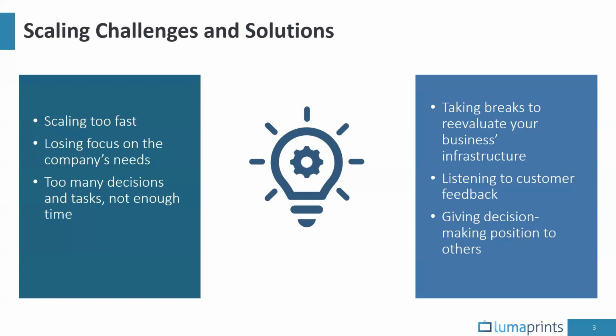At which point, whether it's someone you trust or hiring talent that you can integrate into your team, or if you already have a team, start giving those decisions and tasks to them, and it's going to, in the long run, help you tremendously. Because if you're not giving responsibilities or decision-making positions to other people who may be on your team, it might result in, one, a team that doesn't execute their own projects well, and two, it might result in the bottlenecking issue where a lot of things need to be done, but you're the only problem solver in the company, and that might hinder your scaling or your